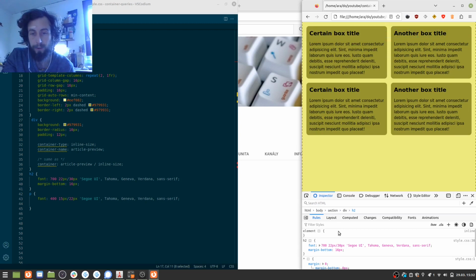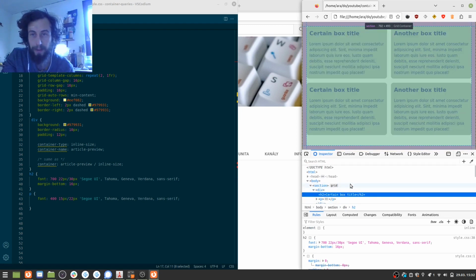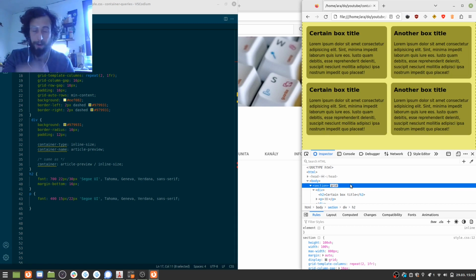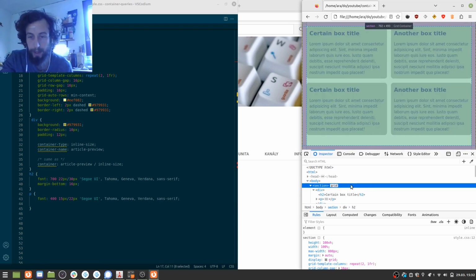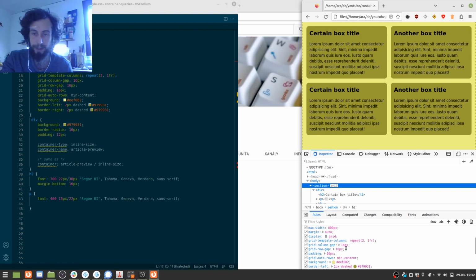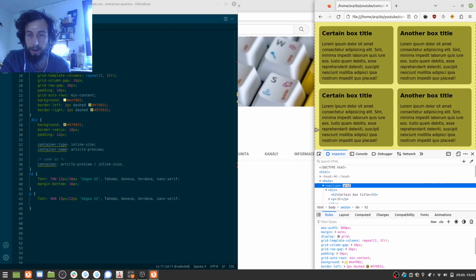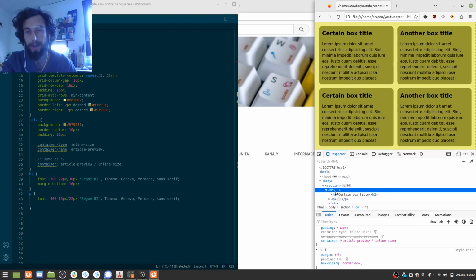So if we look at the DevTools, can I make this bigger? And this one smaller. We know that the section which holds those boxes has some 16 pixels padding on the sides, and the gap between those is 16 as well. So if I want to say that at the box width of this one of the box width of 300 pixels, I want to have a larger font size of the heading,